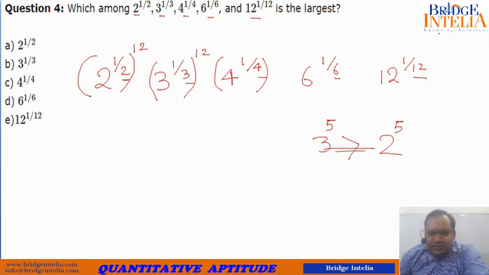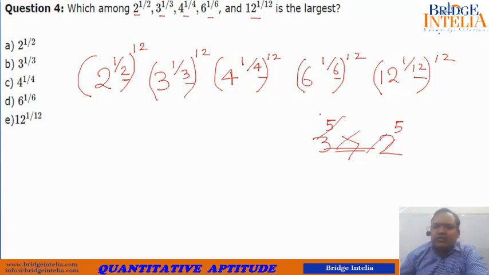I am doing this so that I can get rid of the power that is expressed in fractional form. So now instead of comparing the given numbers, I would like to compare these numbers after having raised them to the power of 12. How does this help me? Let us see. The numbers that you need to compare now change to 2 to the power 6, because half into 12, the power now transforms to 2 to the power 6. So now you have to compare these numbers.